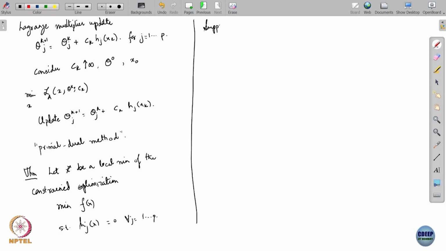Suppose LICQ holds at x star and second order sufficient conditions are satisfied